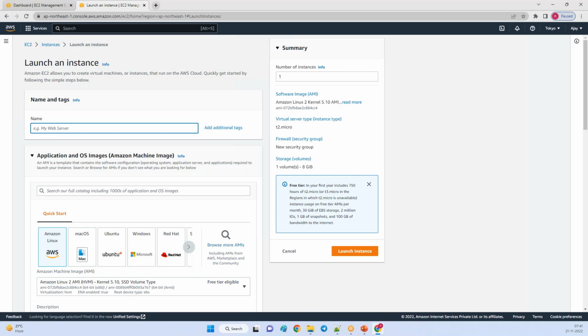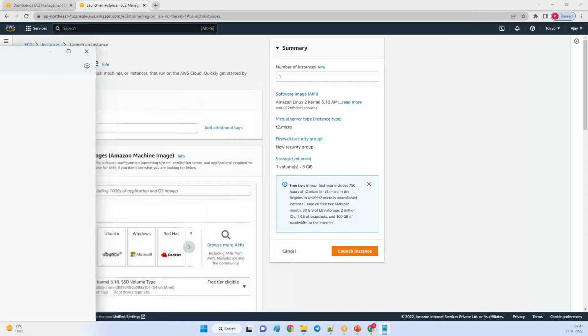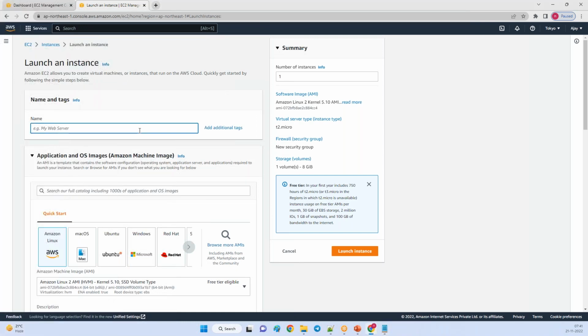And we can install Nexus. We have this setup configuration file, and I will share it with you. So this is the Nexus installation.